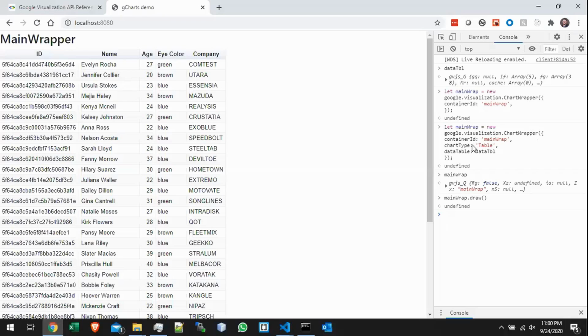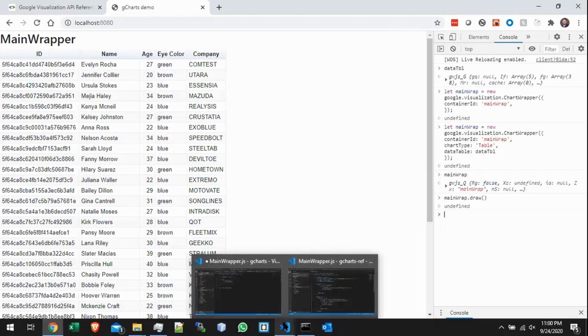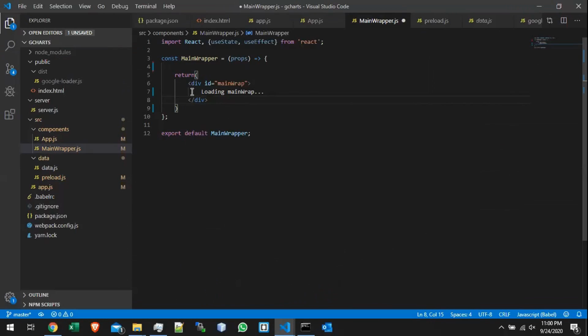We used google when we specified that we wanted a new Google visualization chart wrapper, and we used dataTable when we set the data table for this chart wrapper. So those are the objects that we need,